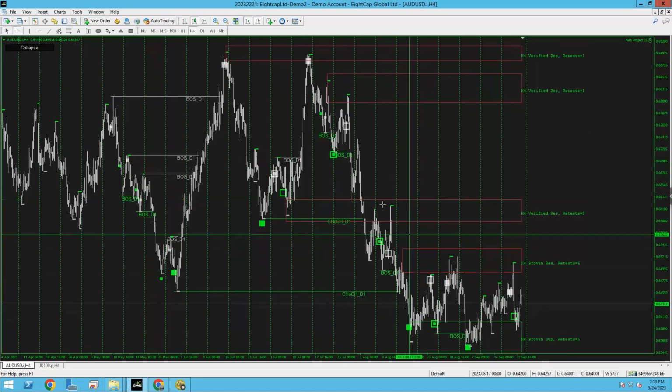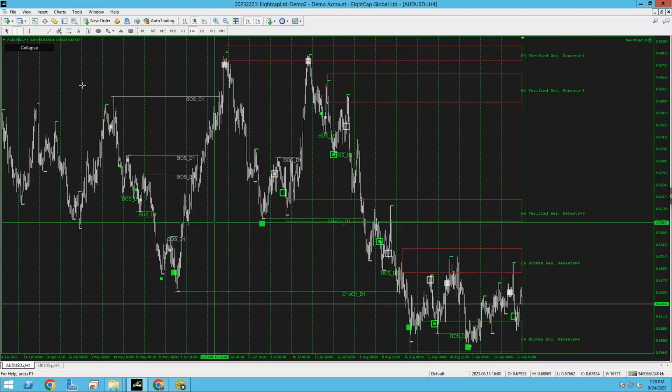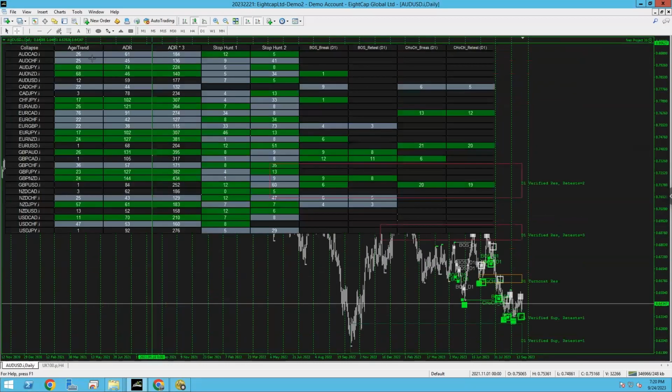That's all it is. You can see already. You don't have to think, but how do I know what pairs to trade? You're just waiting for the buy to appear here. You already know this is a major structure level. You can tell it's a proven resistance. If price action breaks here, what else is it going to do apart from possibly continuing to buy? Literally. So there you go. It's all in front of you. You don't need to worry about what pairs to trade. Because of Neo, you know what pairs to trade.